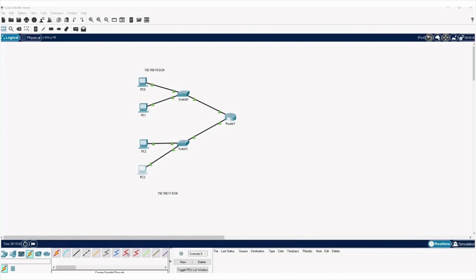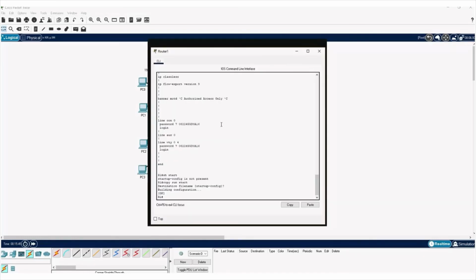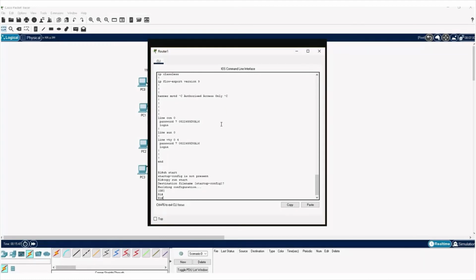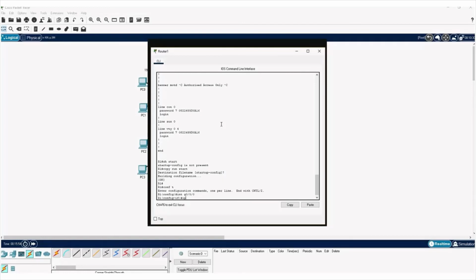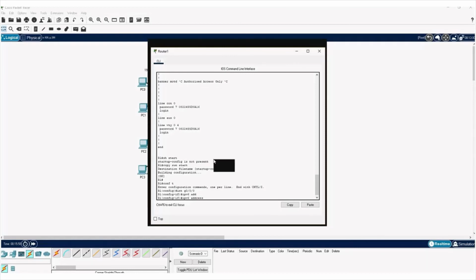Okay, so conf t, int g0/0, IPv6 address, and yes, I'm a thief, and so I just copied it out of the PowerPoint, and so we haven't really gone into any great depth into IPv6 addressing, but I think we have covered